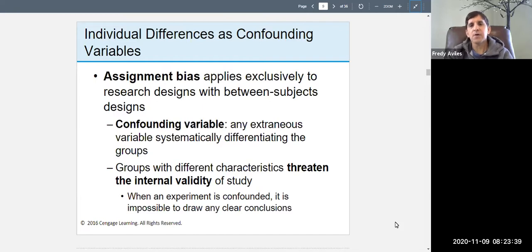A confounding variable is any extraneous variable that's systematically differentiating the groups. So if you have a group that's relatively older, for instance, one of your groups is older than the other groups on average, that's going to affect, for instance, the level of aggression that you see in your experiments. Because guess what? Young people are usually more aggressive. It's young people who cause most of the problems that we see. It's young people usually who are incarcerated more often. People in their teens, late teens, early 20s,